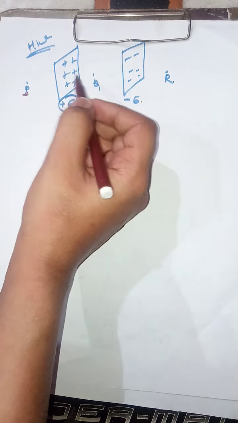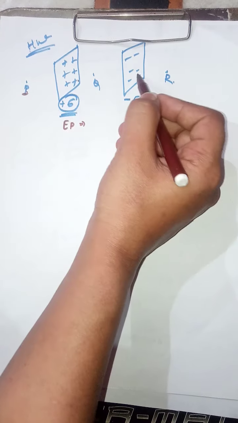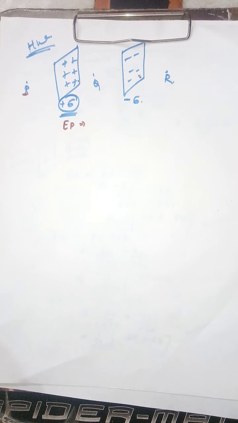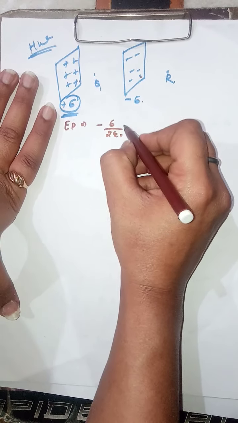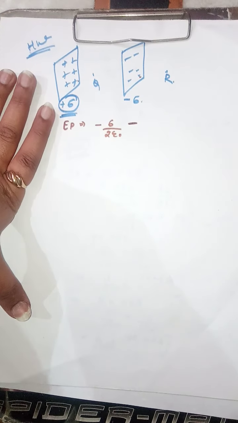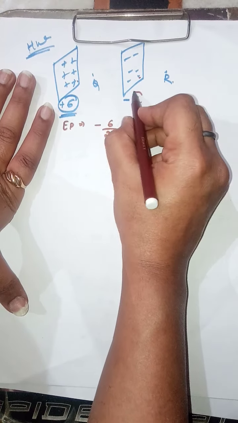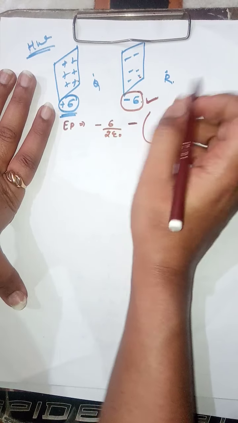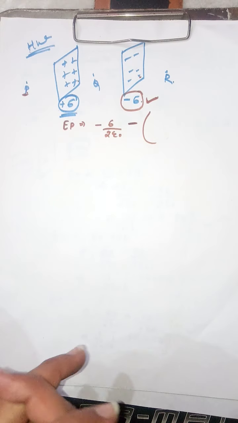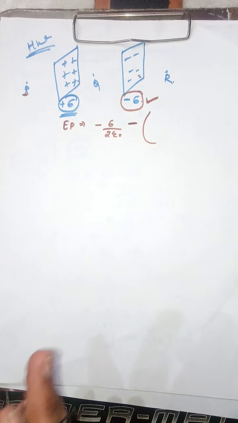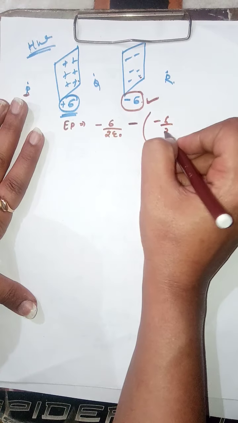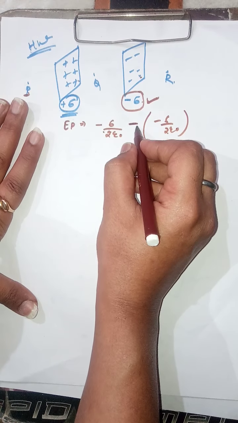As we can see, point P is going to act as the left hand side for this sheet as well as for this sheet. Therefore, the value of electric field would be negative. Now, the surface charge density related to the other electric field is also negative. Why are we having two negative signs over there?